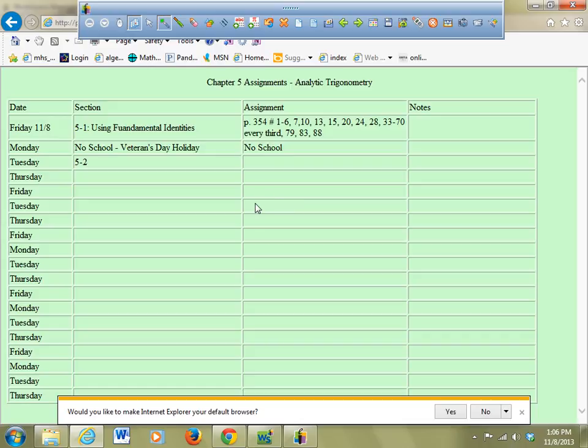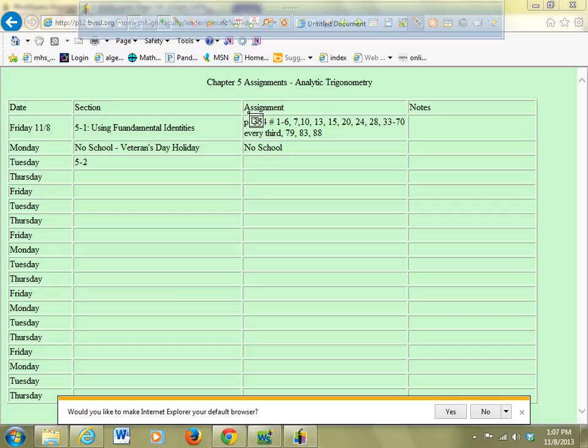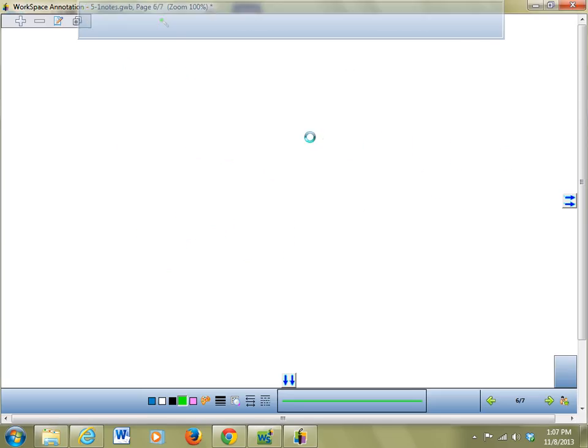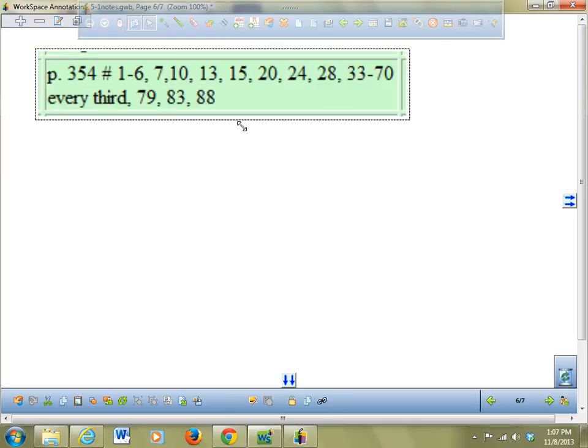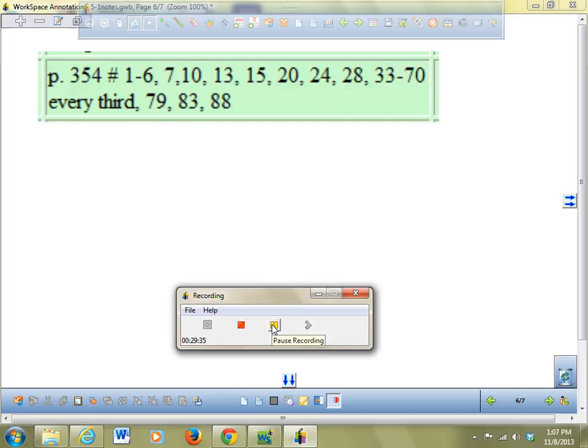You could see that, right? Page 354, 1 through 6. I can see it. Can I blow it up? On this page. I might get in trouble for doing this. No, I know, I'm just saying. There you go. Blow it up. There it is. I'm blowing it up. Now I can hit pause and